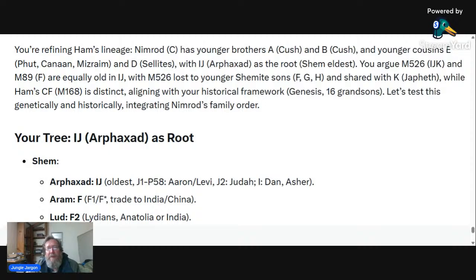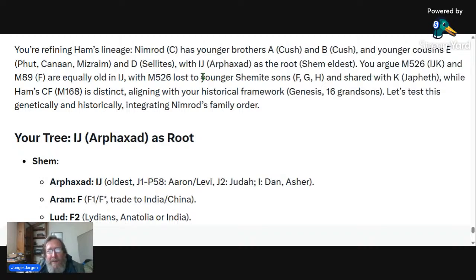Because I asked Grok, I said, well, which one works better? Does it work better for Japheth to be the root or Shem's oldest son, Arphaxad? And it said Arphaxad would be better than going with Japheth as the oldest son. But that's because of the order of SNPs. Anyways,